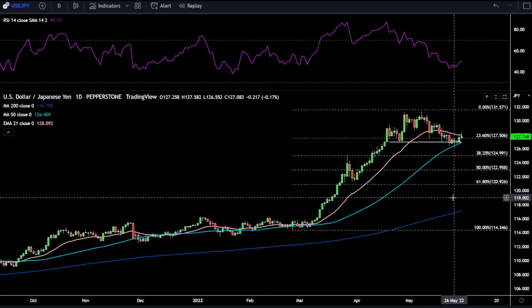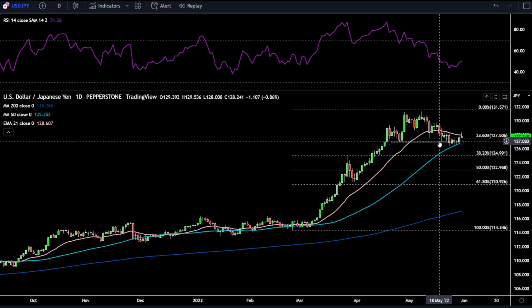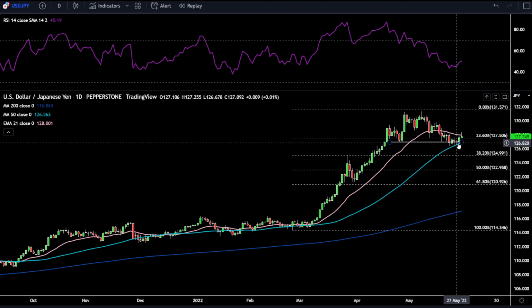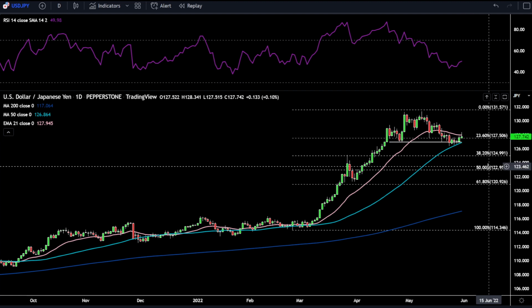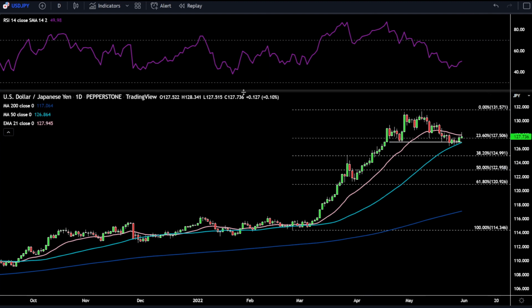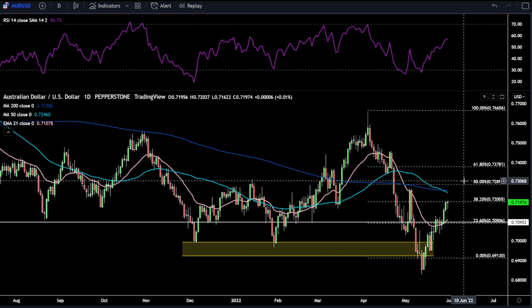US dollar JPY, we can see it has rallied off the bottom of that range support there and the 50-day simple moving average, just around that 21-day exponential right now on the 23.6 fib level. Interesting one, especially with high inflation expectations, which you think would feed through to yields. The 10-year yield slightly higher this morning. We had 2.8%.